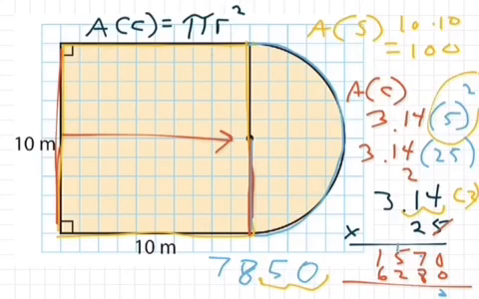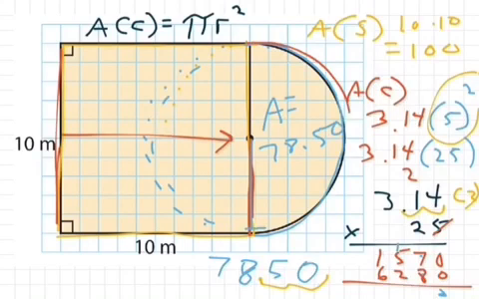So that would be the area of a full circle. So if this came all the way around and I did this accurately, the area would equal 78.50. Well, I don't have the full circle in there. I just have half of the circle in here. So I need to divide 78.50 by 2. I won't do the full division up here, but if you do it, it's